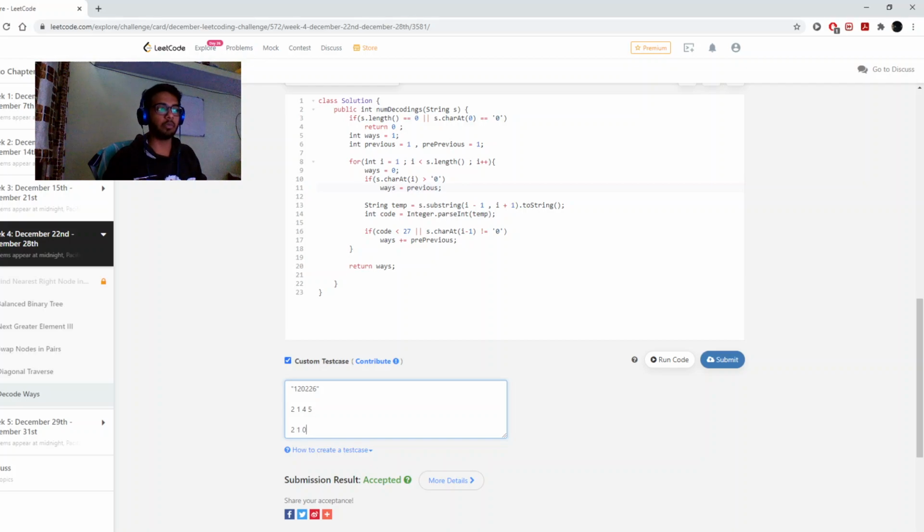And if this was a 0, it would take away something from me. How? Previously I had the opportunity to combine 2 and 1. Now I don't have this opportunity. Also I can't take all of them singly, because 0 does not have any code. So there is only one way to do it, and that way is 2 0 and 1.